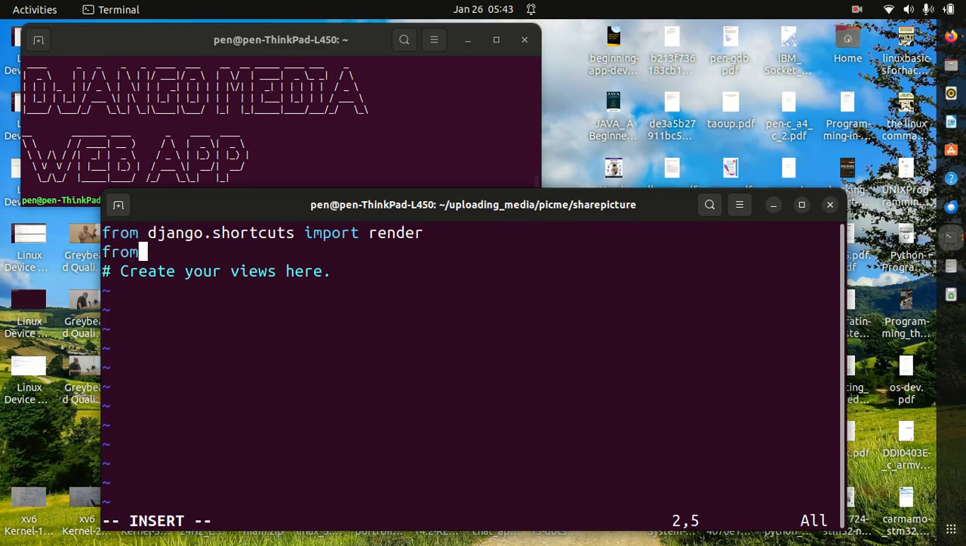So I'm going to do from django.shortcuts, I'm going to import redirect. After I import that, I'm also going to do from share_picture, going to the forms, and I'm going to import inside the forms the